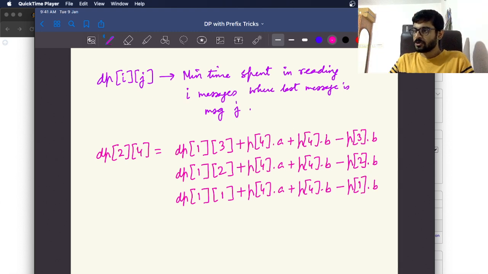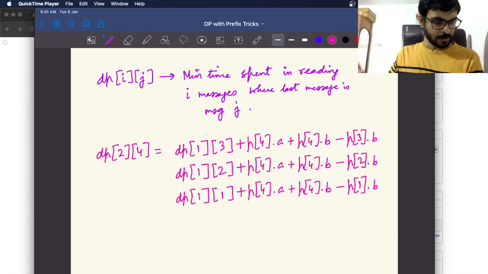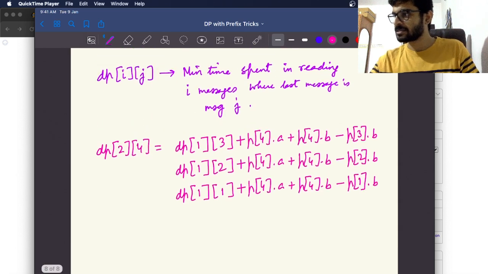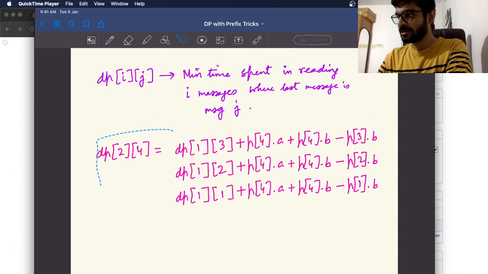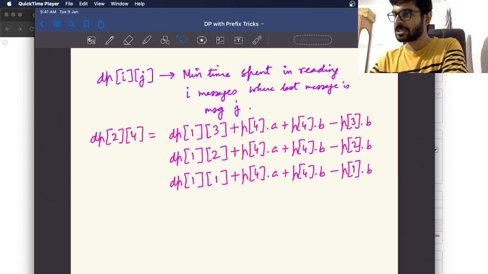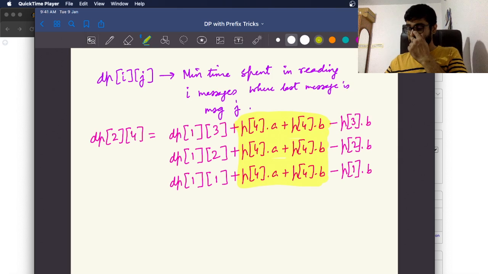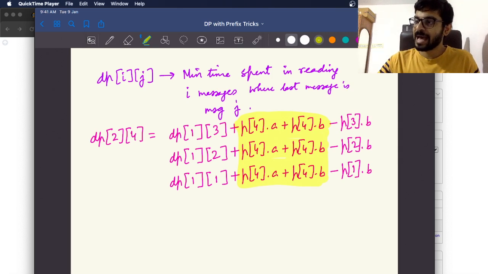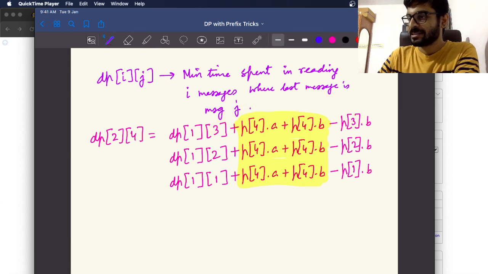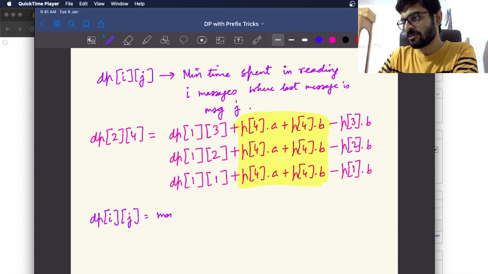And can it be 0? Over here we are considering it in a one-indexed manner, so not there. So yes, these are the 3 possibilities. Now the recurrence becomes clear. What is my common part? This is my common: P4 dot A plus P4 dot B. What is uncommon? Those 2 parts, and there is a clear relation: dp of i, l minus P of l dot B. So I can easily formulate this, that dp of i, j is equal to the max of